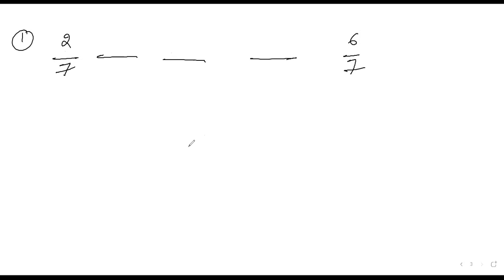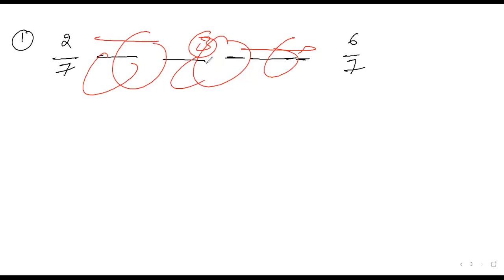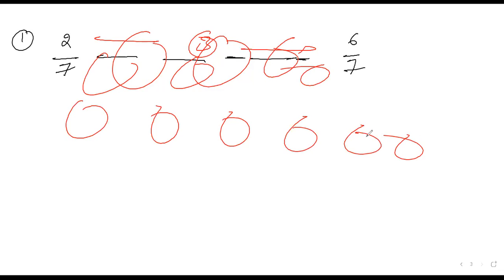How many rational numbers will they ask? They want rational numbers in between. Some people ask, please write 3 rational numbers in between, so 1, 2, 3, you need to fill it in. Some people ask 5 rational numbers, some ask 10, some ask 20. Whatever number they want, they will ask. There is no fixed number in the questions.